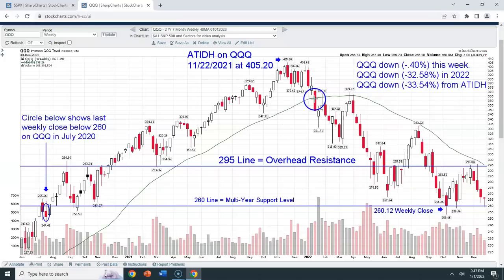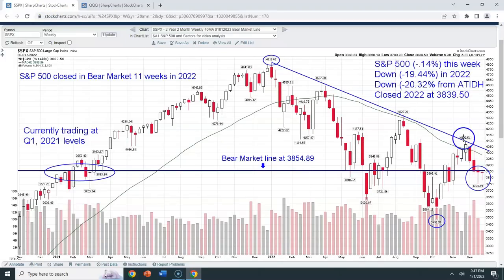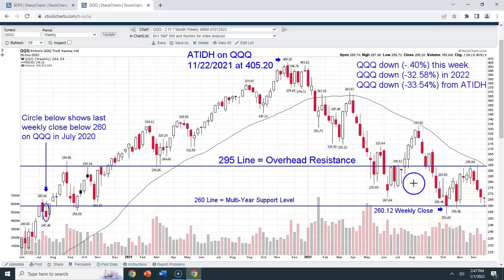And guys, we haven't had a weekly close above the 40-week moving average on the Qs since back in January, right? We've traded up to it and keep getting rejected. And this last counter trend rally petered out before we even got to the 40-week moving average on the Qs, where the S&P 500 did make it up. For 1 week, we closed above the 40-week moving average and got to that downtrend line, right? And then we got rejected. But the triple Qs didn't even have enough juice, enough oomph to get up to its downward trending 40-week moving average on this last counter trend rally.